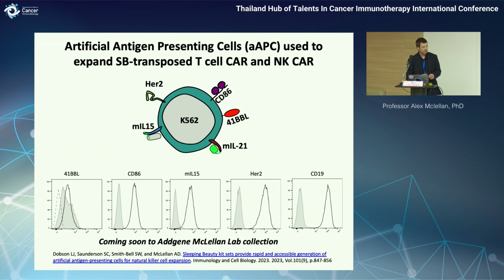So if you want to expand NK cells, I would highly recommend you use our system. All of these constructs are deposited in Addgene. They are all Sleeping Beauty based, and the good thing about using the Sleeping Beauty system developed by Eric Kovarts is that these are really good cassette contexts for putting a gene in and making sure you get high expression. If this was transfection, you would not see those levels of expression of all those transgenes, and I haven't even shown